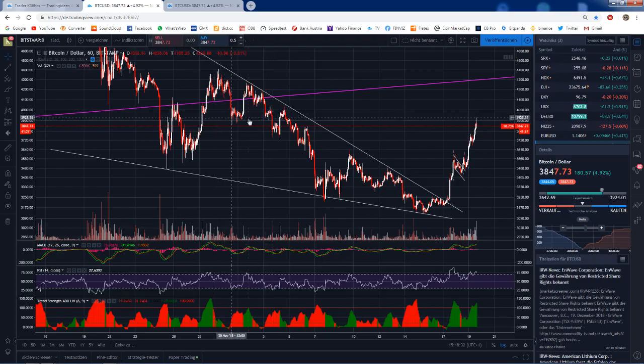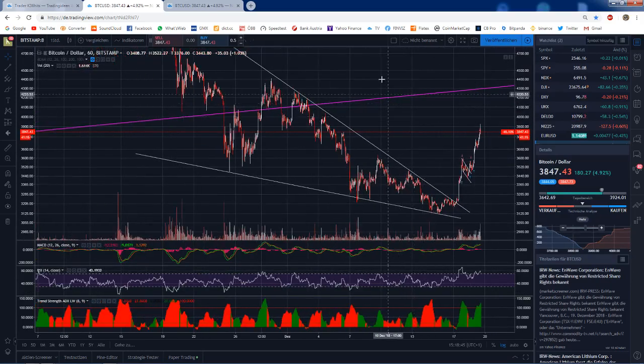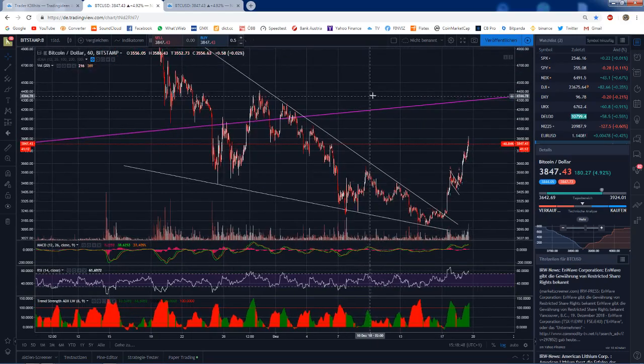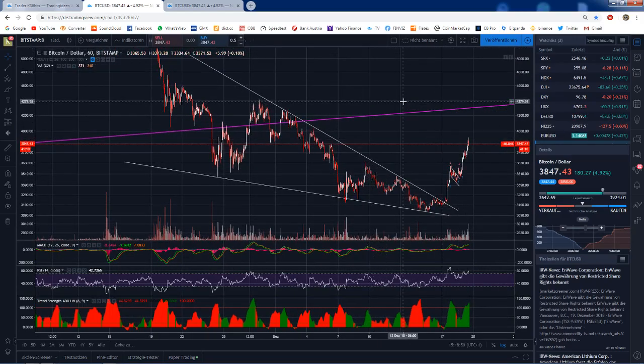As you can see, we had here quite a lot of support, which broke, and then it got resistance here or here, as you wish to look at it. We have a cluster of resistance. It's not really clear which resistance you should look at, which might be support, which might be resistance, since we had a little bit choppy action. And so it's also a possibility that we just get a push through if we have enough volume, but